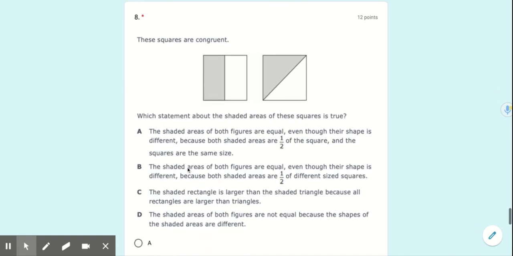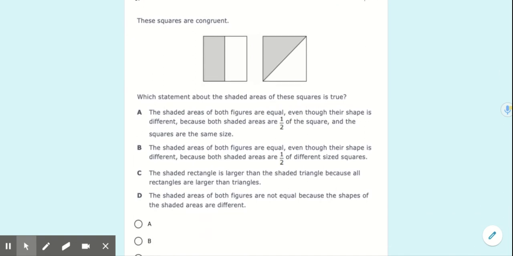Number 8. These squares are congruent. Which statement about the shaded areas of the squares is true? A, the shaded areas of both figures are equal, even though their shape is different, because both shaded areas are 1/2 of the square and the squares are the same size. B, the shaded areas of both figures are equal, even though their shape is different, because both